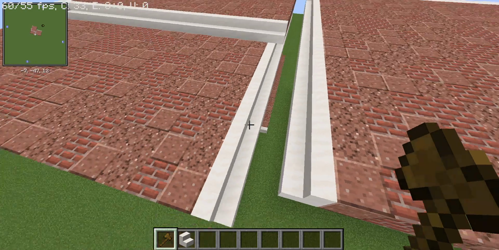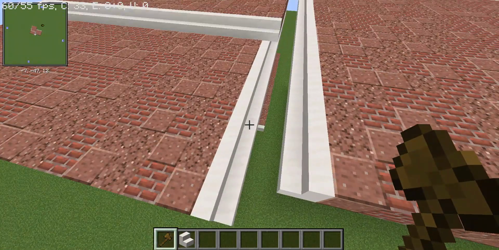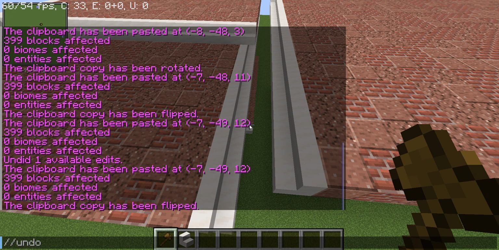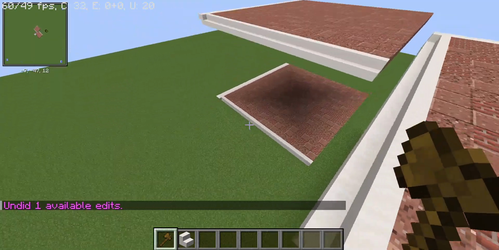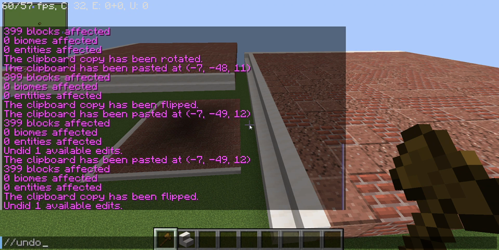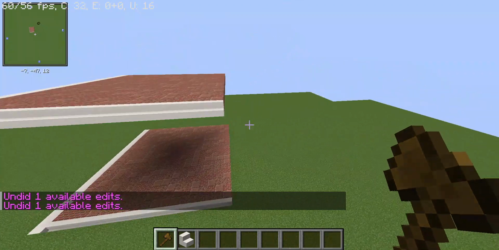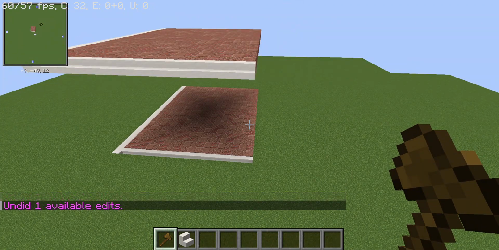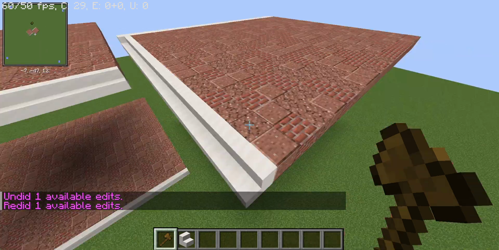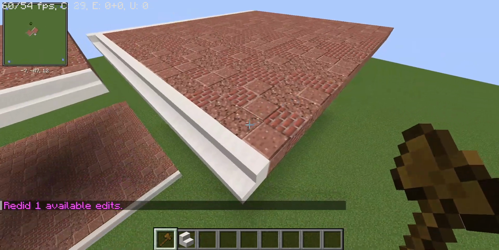So every time when you paste something, or you set something, or you replace something, or you do something like that, you can always do /undo, and it will undo your last edit. And if you undo it again, as you can see, you'll undo that edit. And if you accidentally undid too much, you can always do /redo, and now we'll redo the last undo